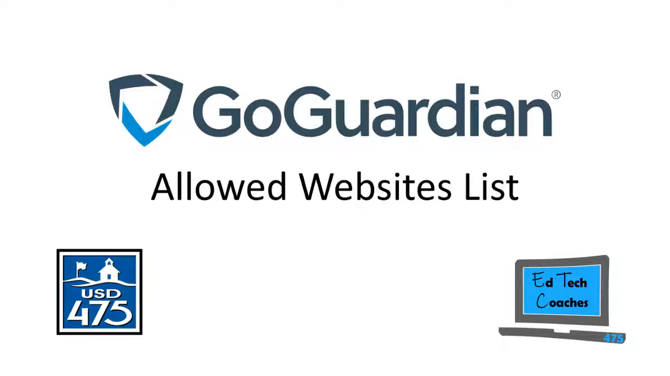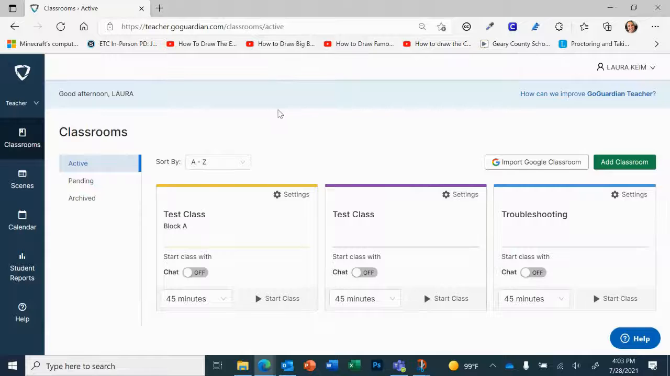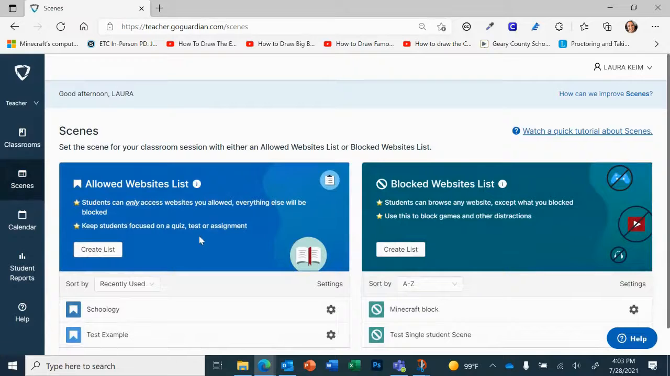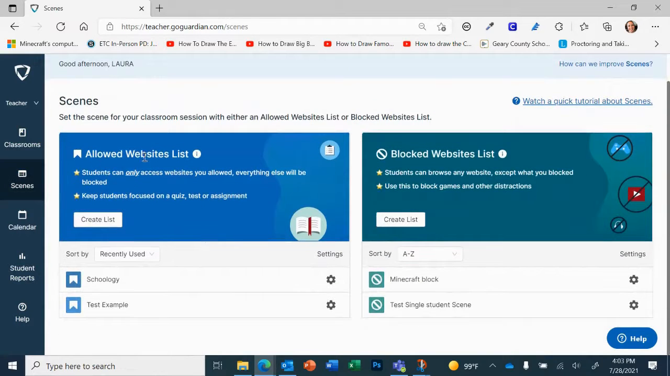Using allowed websites list in GoGuardian. To create an allowed list, you're going to go to Scenes over here on the left, and under allowed websites list, you're going to click on Create List,